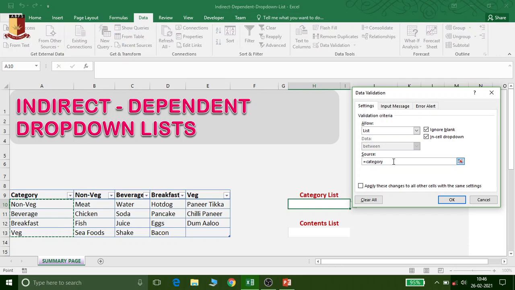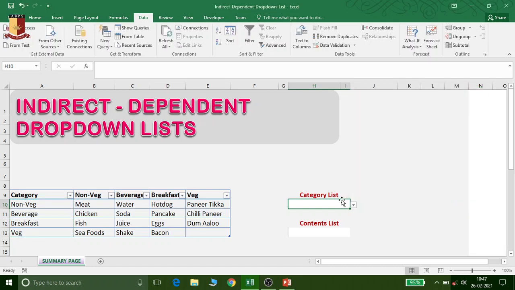Category, because we know these main categories are available with the named range Category. Okay, now this named range is created, and just check all those items are appearing. Now what we have to do: as soon as the user selects these values, on the basis of this value, another drop down list should be populated, or we can say generated, on the basis of the drop down list that we created.